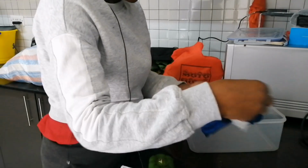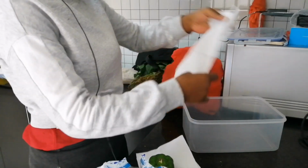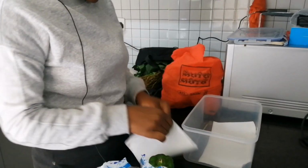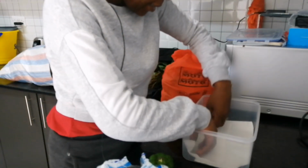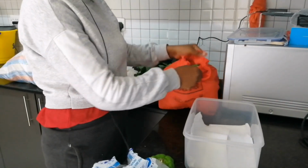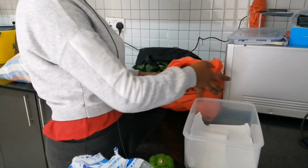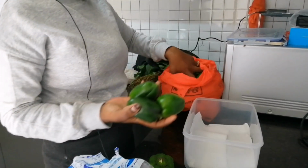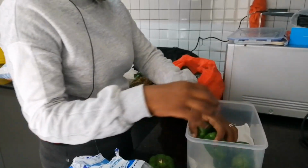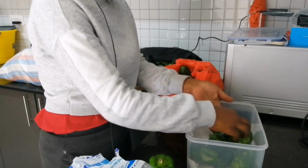So dry again, you put aside the tissues. As I told you, if you don't have serviette, use your tissues. I usually use the tissues because I can't let my tomatoes or my bell peppers rot just because I don't have serviettes. So for the bell peppers, all of these ones, I bought them 3 for 20 shillings. So as you can see, 3 for 20 shillings. So these ones were for like 400 shillings. Let me check. 1, 2, 3,